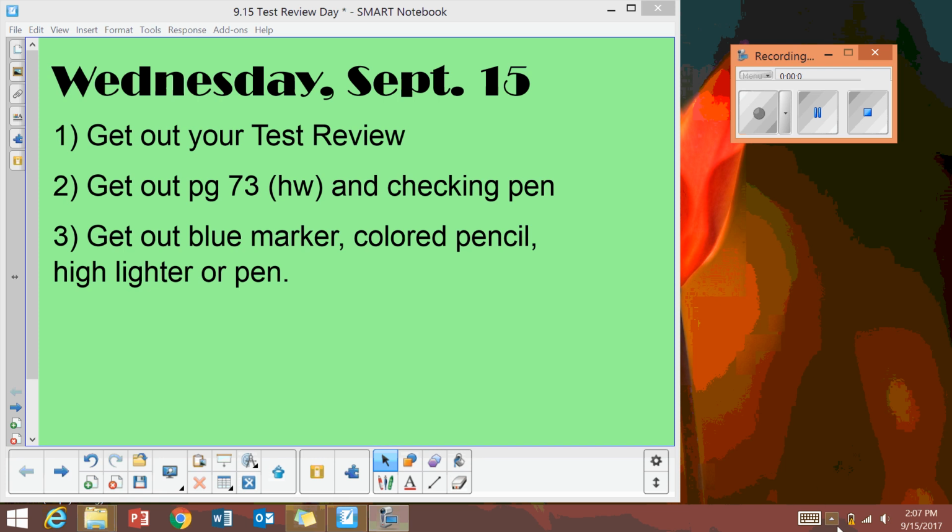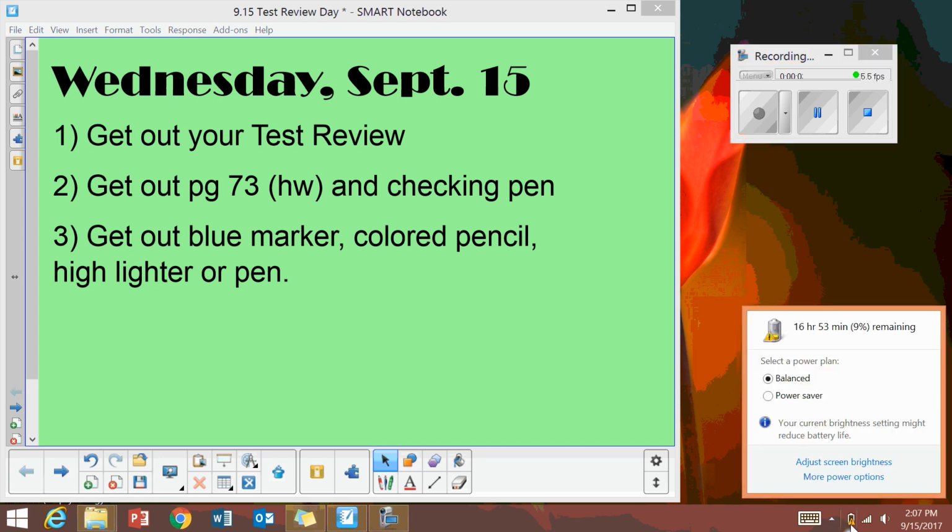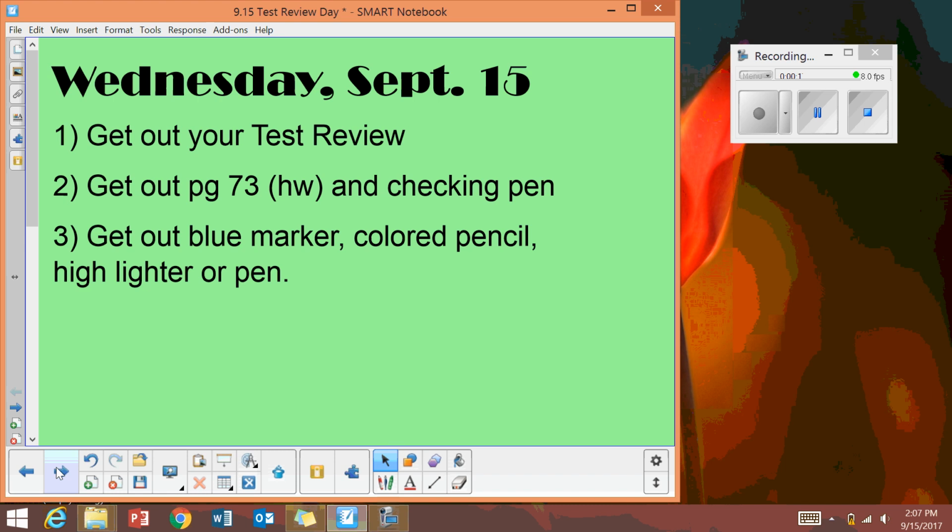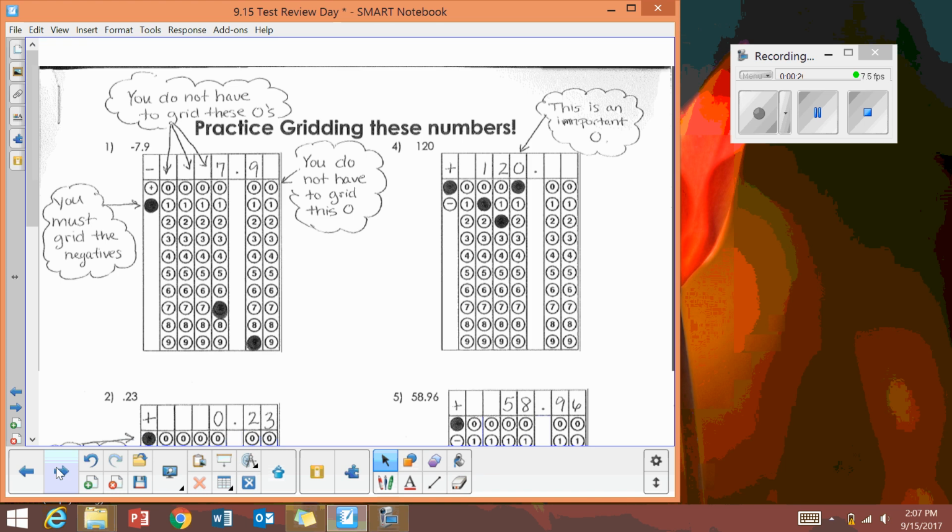Today we are going to be talking about your test review and going over testing procedures that you're going to see throughout the day, just to calm your nerves down a little bit so that you're not nervous for your first test. So what we're going to do is first look at this griddable. There's going to be a couple griddable type questions on your test, and I want to make sure that you